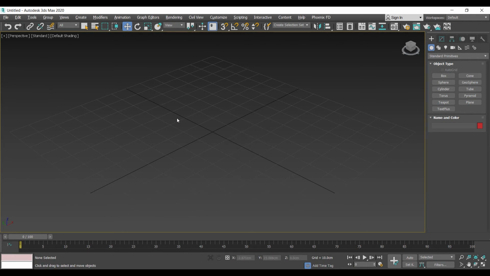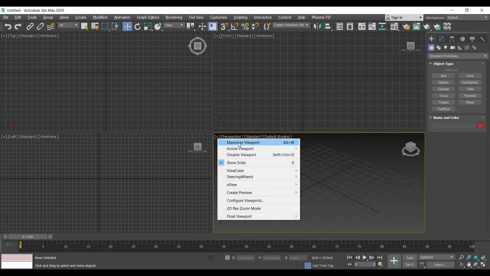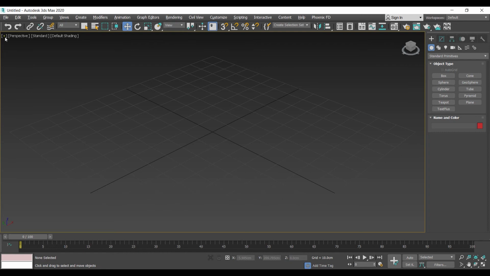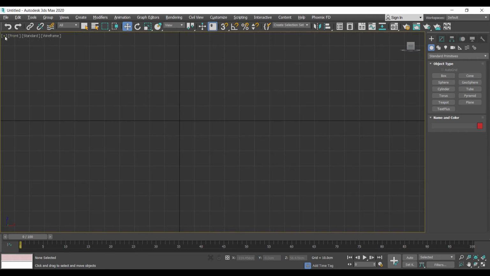By default, 3D Max opens as 4 windows: the top, front, left, and perspective. Each one of those will make us see the view from left, front, top, and the perspective at the same time. If I want to maximize one of those, all I need to do is just go to this plus sign of each viewport and click on it and go maximize viewport. And then I maximize the perspective, and we can go again and restore the viewport. We can maximize the front and restore it back.